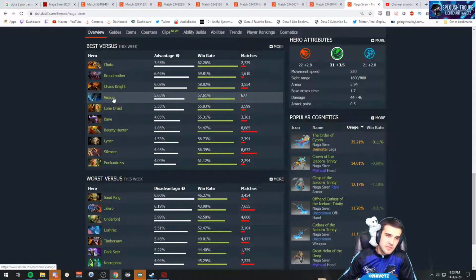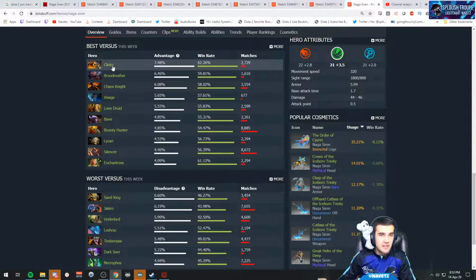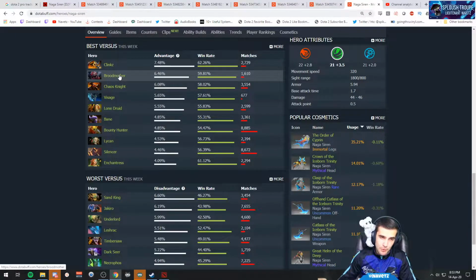So Naga Siren is really good against Visage because she destroys the familiars and Visage can't do anything about it. Really great against Lycan because Lycan can't push into Naga Siren, and Naga Siren has the 5-second ensnare that stops that super fast wolf from going anywhere. You can usually burst Lycan down in that time frame. Clinkz is single target damage. Brood, she clears the